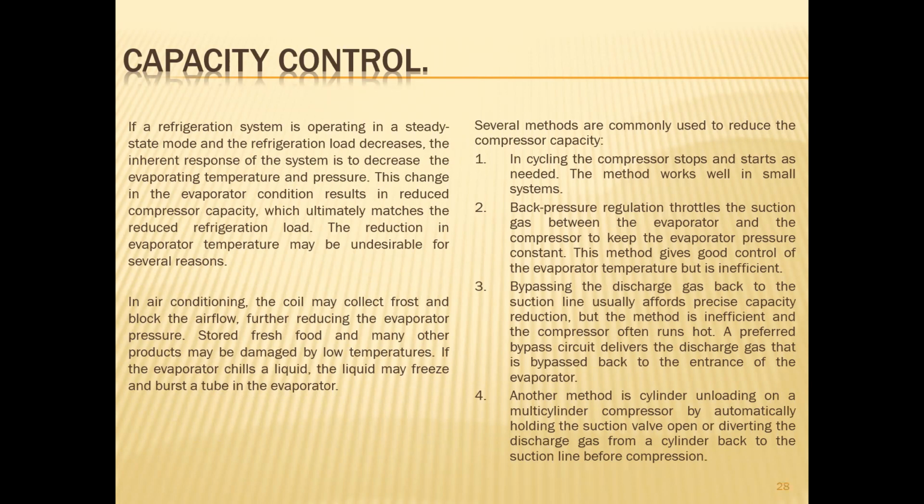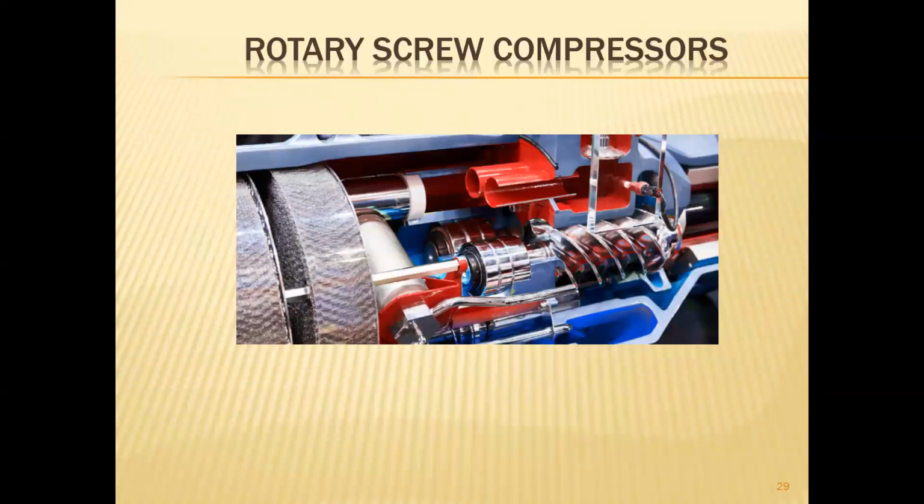A preferred bypass circuit delivers the bypassed discharge gas back to the entrance of the evaporator. Number four, another method is cylinder unloading on a multi-cylinder compressor, by automatically holding the suction valve open or diverting the discharge gas from the cylinder back to the suction line before compression. So next topic, the next compressor